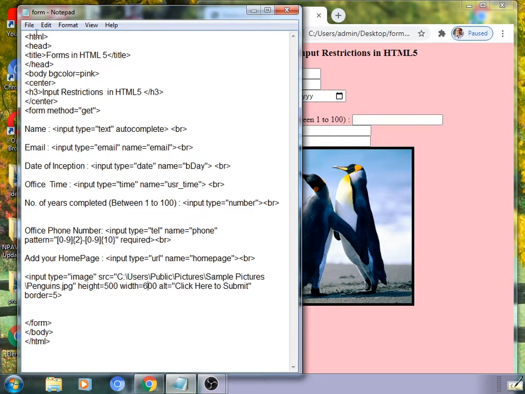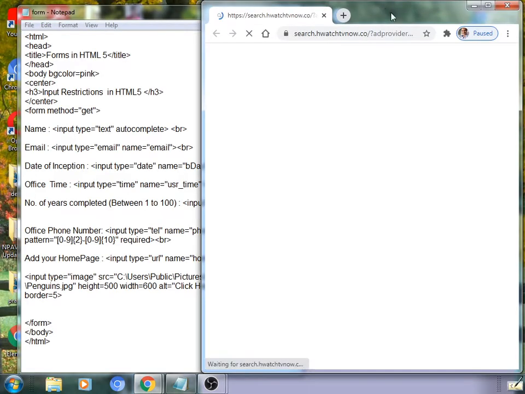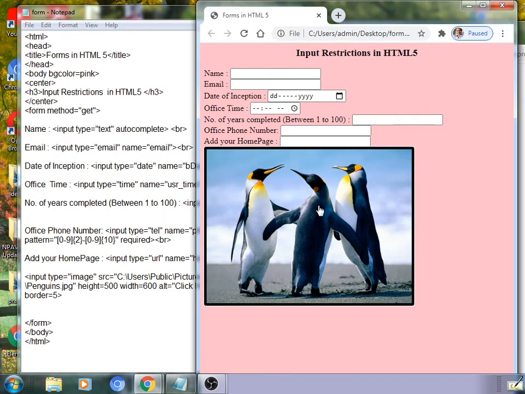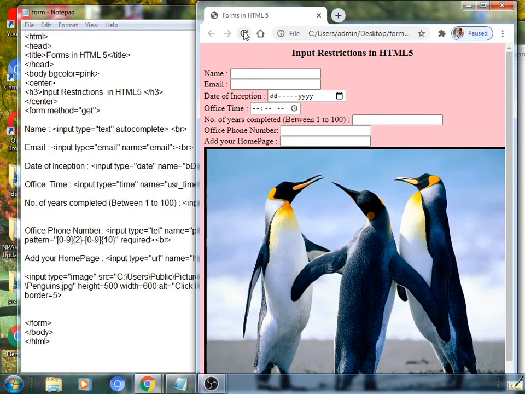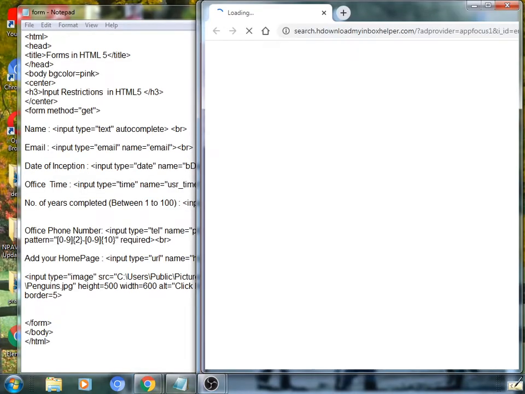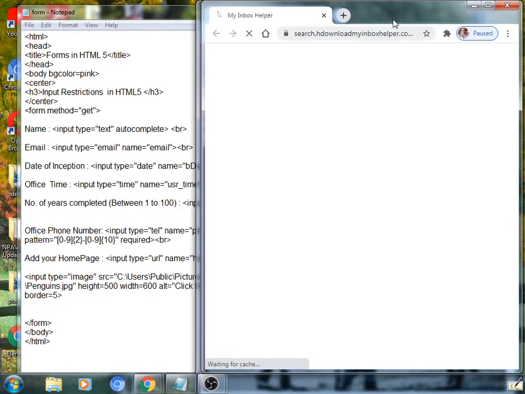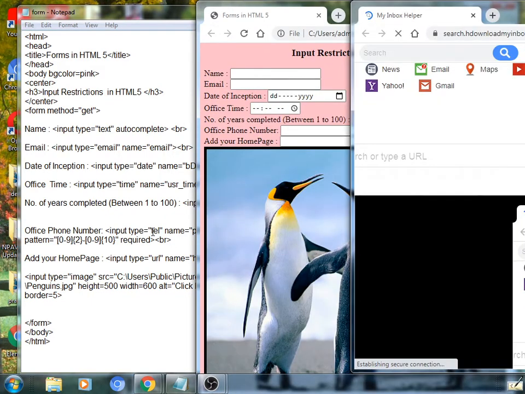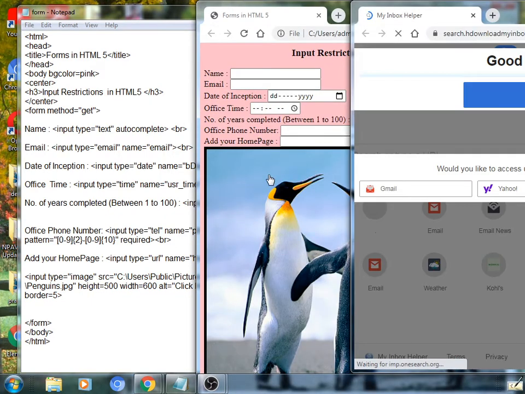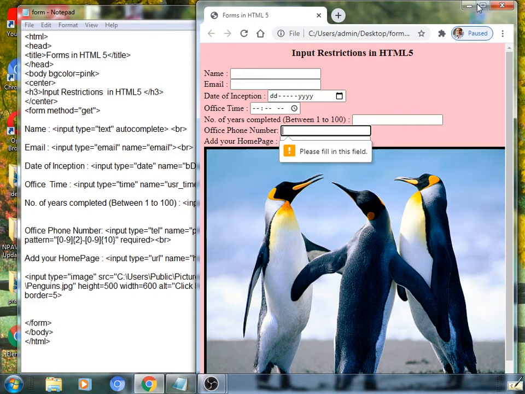Save this at the editor's window, refresh at the browser's window. Likewise, it will be enlarged. See here, it is enlarged. So, these are the restricted values and effects that are applied here.